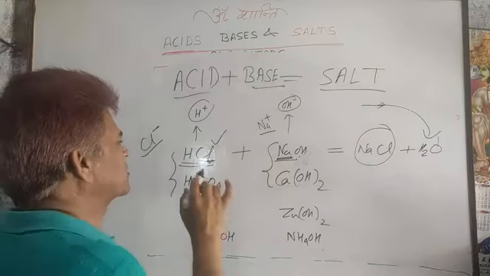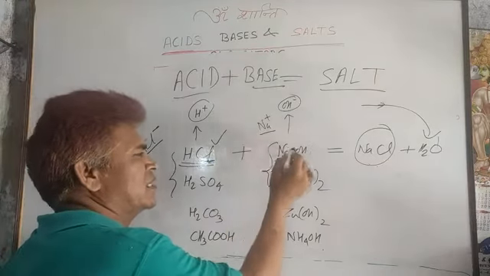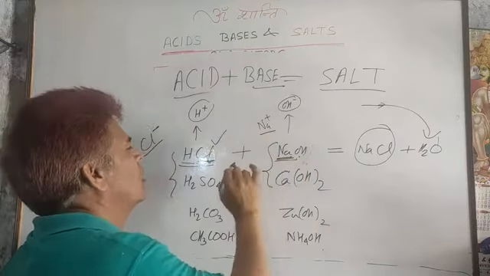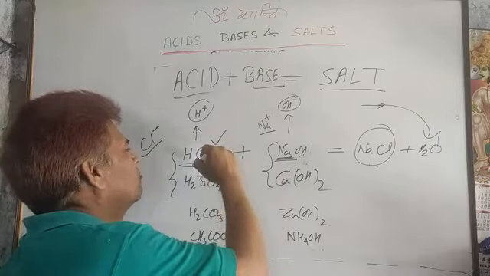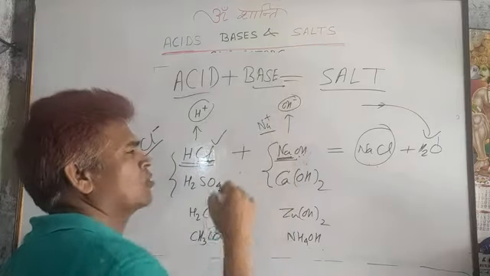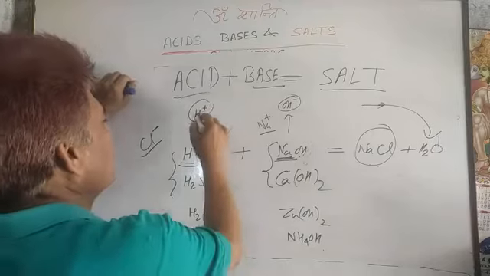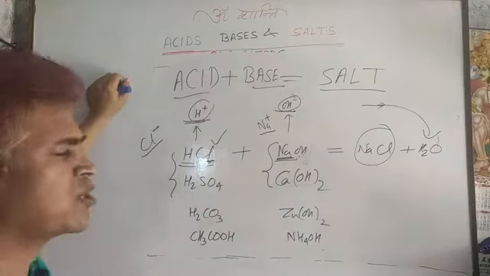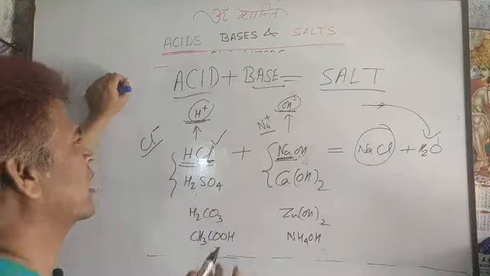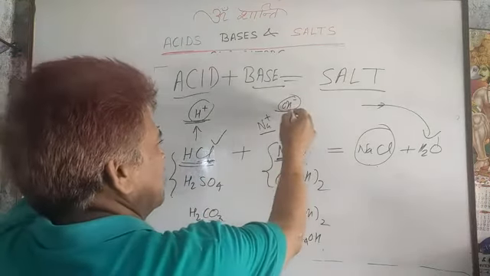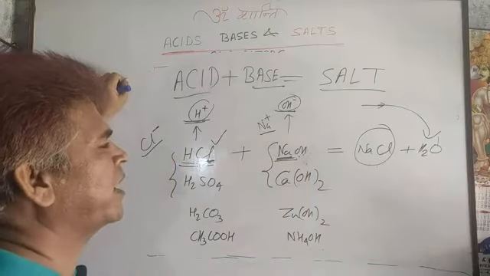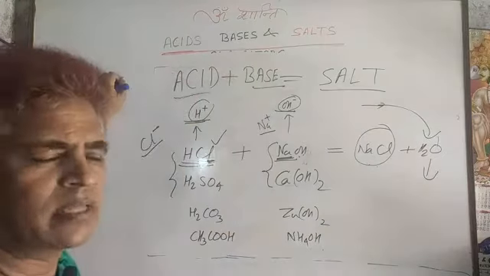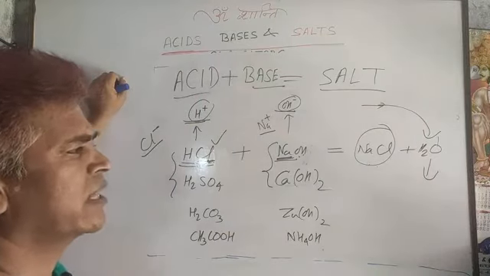So, what happens? It is a stronger acid, it is a stronger base, both 100% ionizable. How many moles of HCl are taken and how many moles of sodium hydroxide are taken? The same number of moles of H plus and hydroxyl ion come. If suppose they react completely, that same number of H plus and same number of OH minus combine together and convert into water, and water is neutral, that comes under neutral substances.